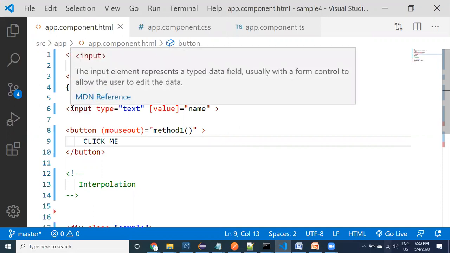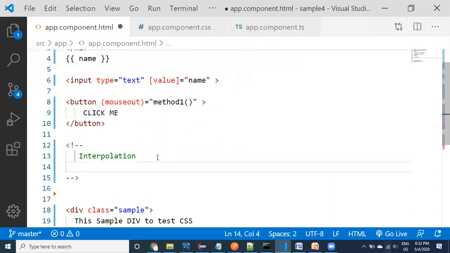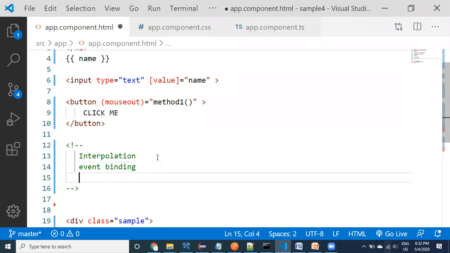See, here the three things that we need to remember today is what? Interpolation is one thing, and then the next thing is event binding, and property binding.